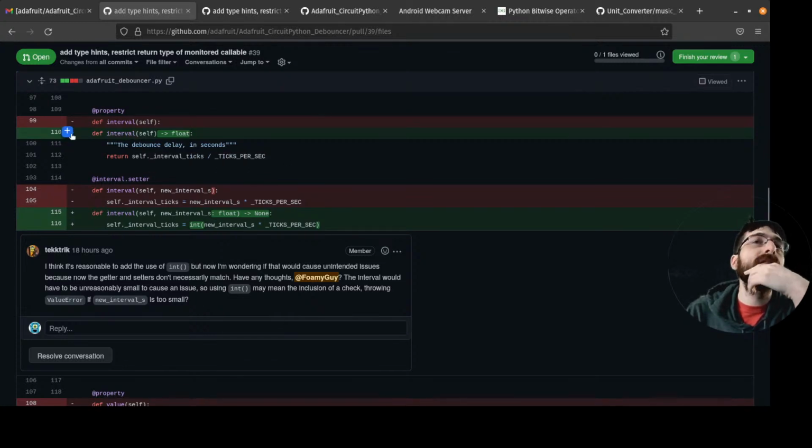When you get it, you get a float, but when you set it, you pass a float. It's kind of converting it back to an int basically by multiplying it by 1000.